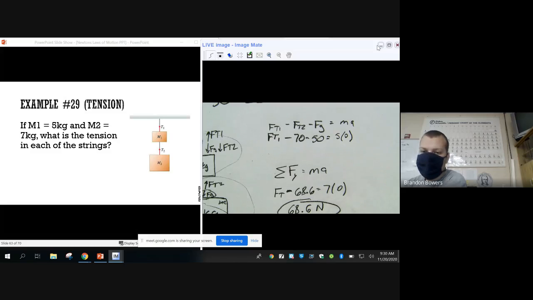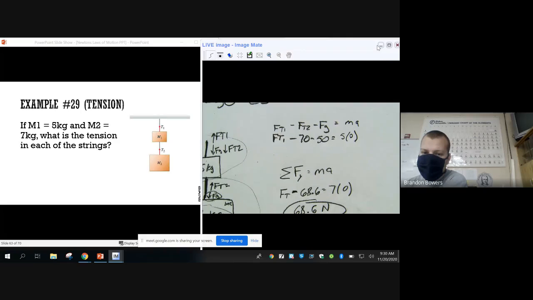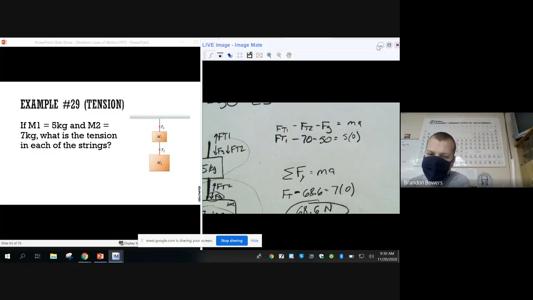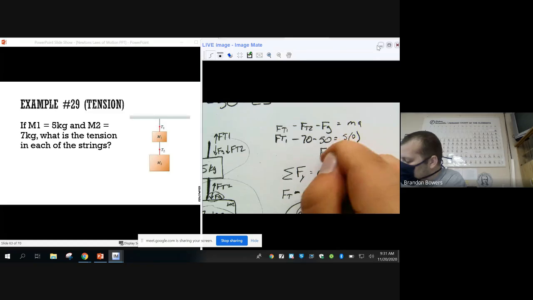For the mass, would it only be the top box or would it be both of them? In this one, it's only the top. Instead of doing all of that, I just did the force of tension 1 equals mass times acceleration, and put mass as 12 because that's the total mass it's carrying, then times that by 9.8, and I get the exact same answer. Is that right to do? You did the force of tension equal to the total mass times the acceleration. You could do it that way. Yes. So force of tension 1 is 120.